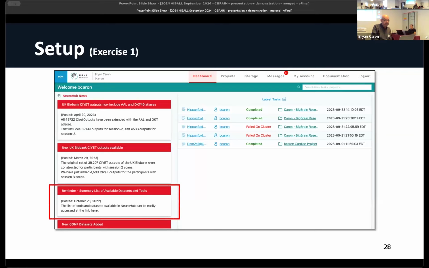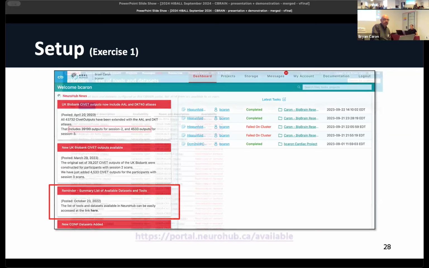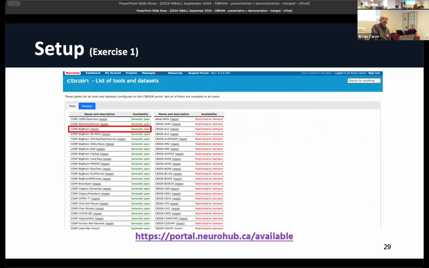So those are the menu bar at the top, but what we're going to do is go through the exercise of seeing, one of the links on the left should talk about providing a link. You might have to scroll depending on things. We provide a link to all the data sets that are visible within CBRAIN. Pardon me, I say NeuroHub, the platform, but it's essentially the same as CBRAIN from that point of view. So does everyone find a link? If you click here, you should then get a list which shows two tabs. One will show you the tools, and the other one will be all the data sets.